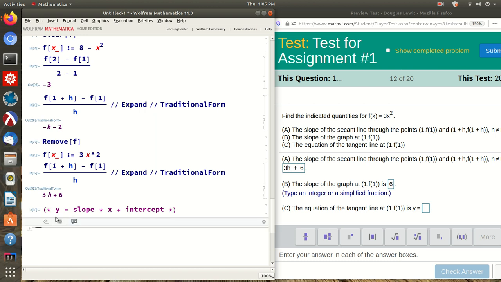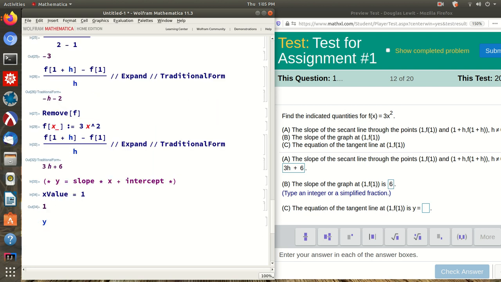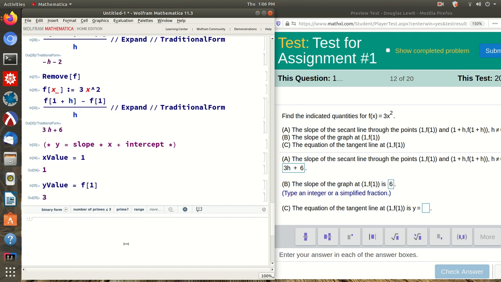Okay, so we know that the slope is 6. So my x value is equal to 1. My y value is equal to f of 1, which is 3. Okay, so we have the equation y value